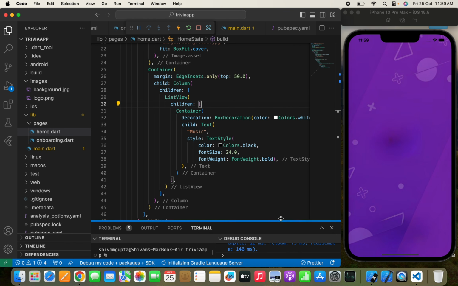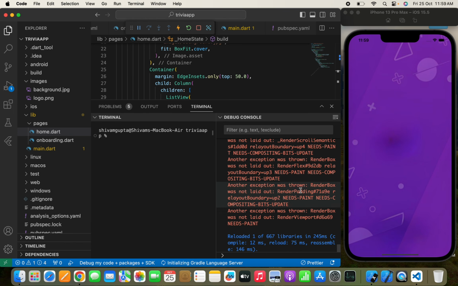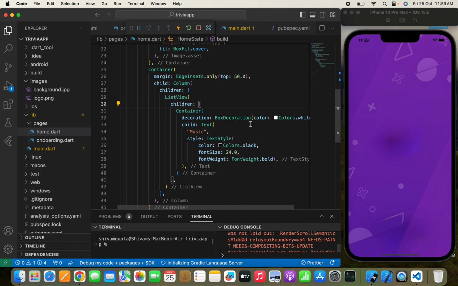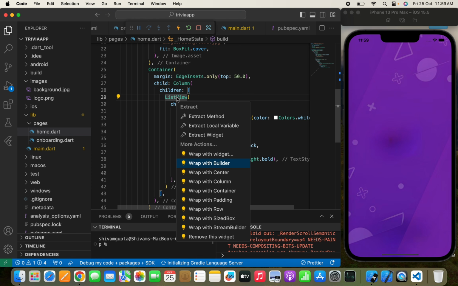Yeah, so you have used a list view, so there is some render box overflow error. This usually happens when you pass a list view. We need to pass some spacing, like how much spacing the list view should use. So you need to pass some command like how much space the list view should take to show all the containers in the